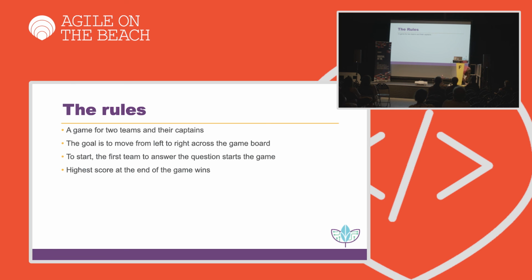This time we haven't got mugs, but we do have something to go in them. This is our custom blend of coffee made here in Cornwall. Obviously not grown in Cornwall. It's not great for growing coffee. And in this game, you're going to move from left to right across the game board, and you need to decide as a team whether you think the next amount of sightings is higher or lower. The first team to go will be chosen via a question again, and first to complete the game board wins.